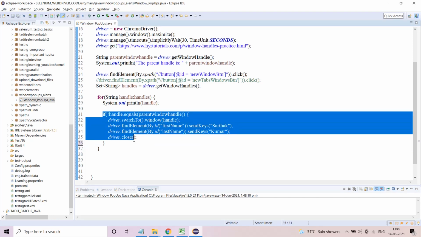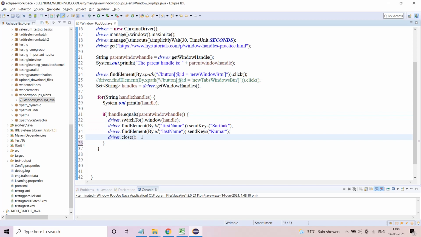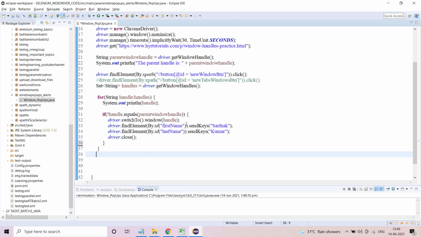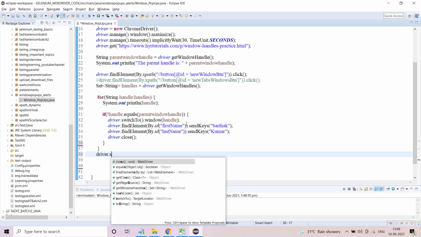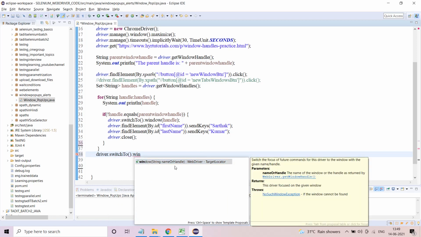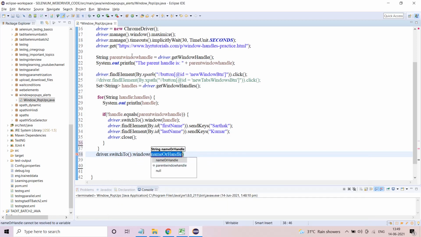Even if you close it, control was still in that child window when you closed it. So you want to come back to the parent window. So again you have to use driver dot switch to dot window, and which window you want to switch to? The parent one. As simple as that. Very easy, no problem.